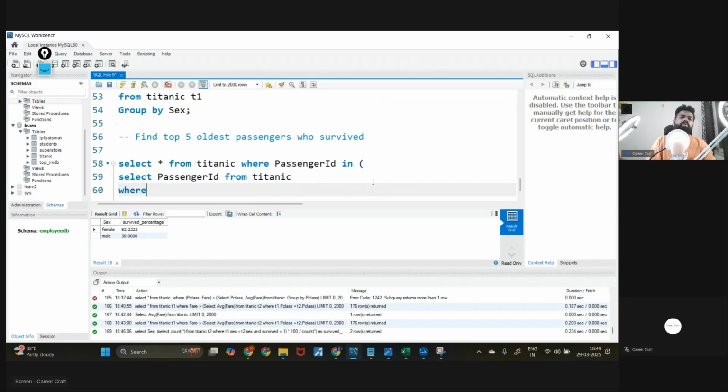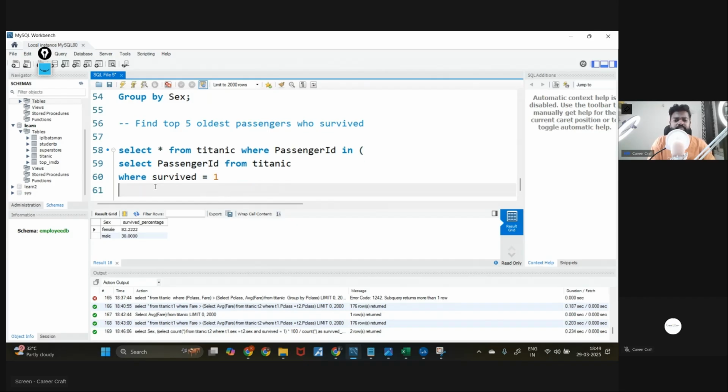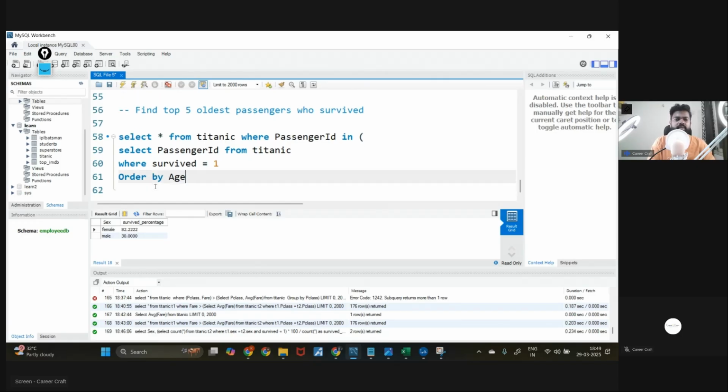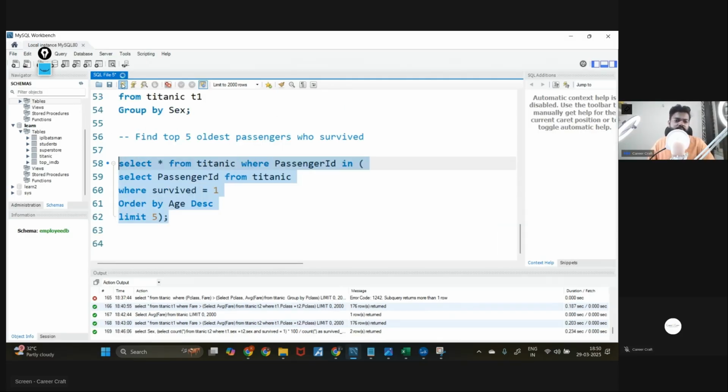First of all, you have to write wherever people have survived, so where survived is equal to 1, order by age descending, and then limit 5, because we have to get the top 5. Now if you just execute this,